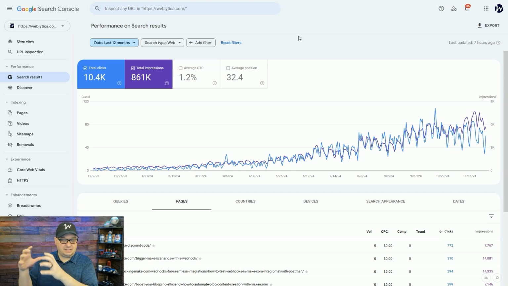If I was a Zapier builder, which is another automation platform, the number of people searching for Zapier things is greater than Make things. But there's a lot more competition as well. I wanted to show you what can happen in a year's time to your traffic to your website by using AI automation to write blog posts and content.